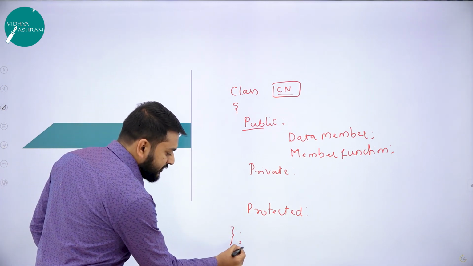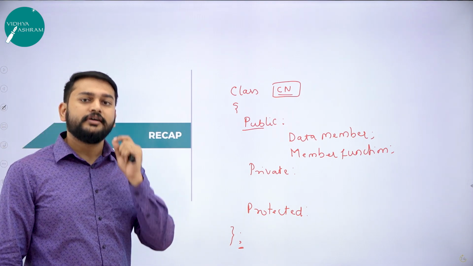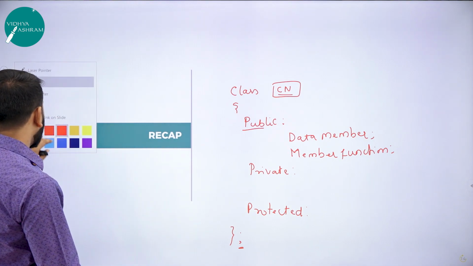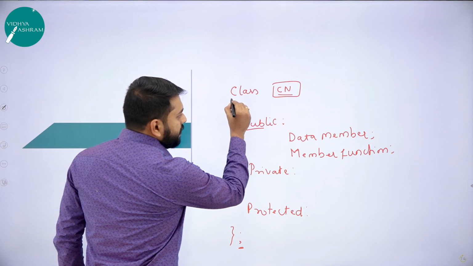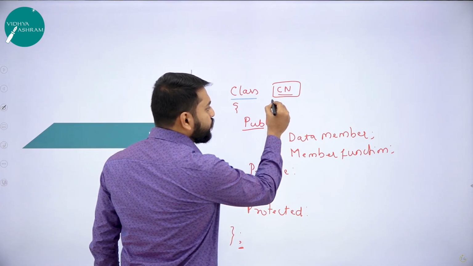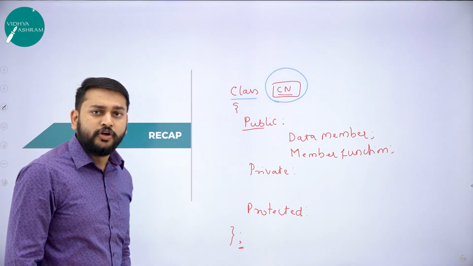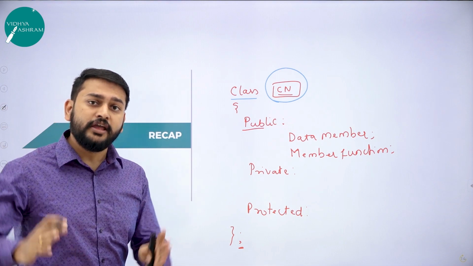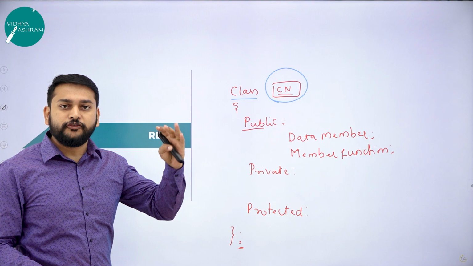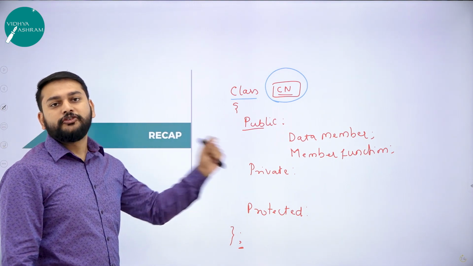So what is the meaning of this? The meaning of this semicolon is that it is the end of the class. That is what you need to remember. I will repeat. So remember, you should start with the keyword called class. And all the class will have a unique name. Sir, why should I give the name for the class? Because you need to identify the class uniquely. You will have a lot of classes. So in that lot of classes, you need to identify that particular class uniquely. For that, you need to give the name for the class.